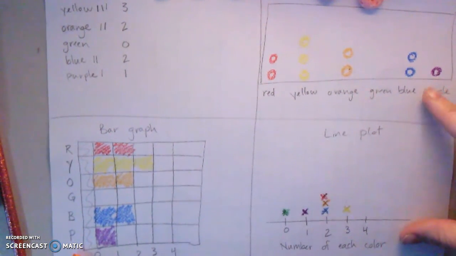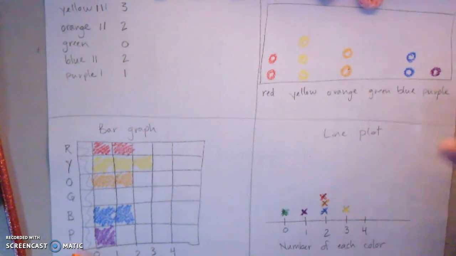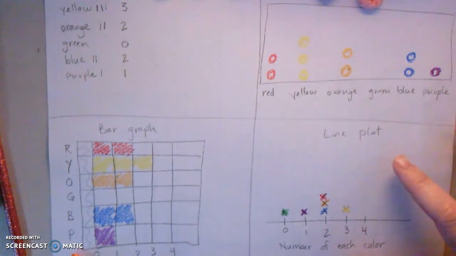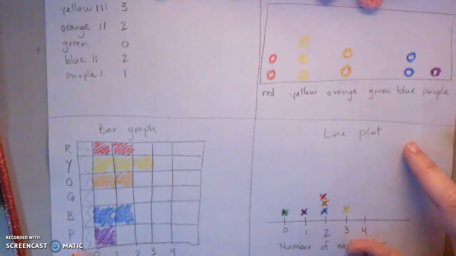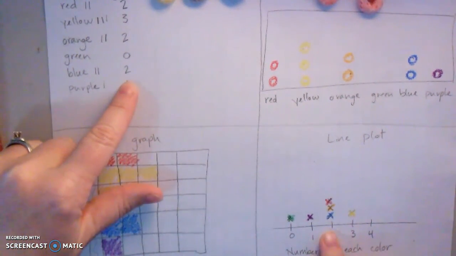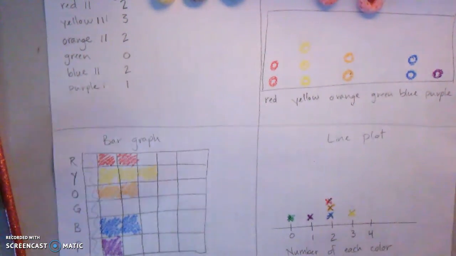So you'll notice that these don't show the same information because they're showing different things. This one is showing the number of each color. This is showing the number of times that number occurred over here. So how many times was 2 of a color chosen? That's why those show different information. But we're using the same